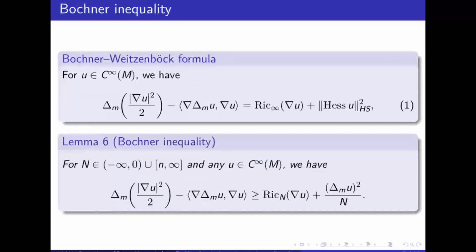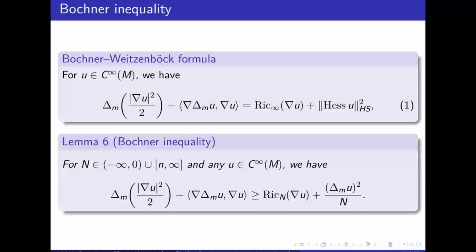One more important estimate on weighted manifolds is the Bochner inequality. On unweighted manifolds, the Bochner formula plays a key role in the study of geometric inequalities under a lower Ricci curvature bound on Riemannian manifolds. And we are able to generalize the Bochner formula into the setting of weighted manifolds. In Bochner inequalities, the function u is often chosen so that the gradient and the Laplacian are simple enough to compute. Therefore, we would apply it to the eigenfunction or harmonic function and so on.